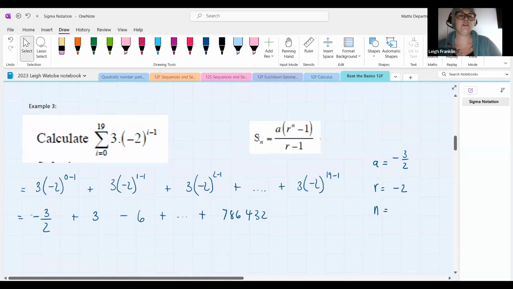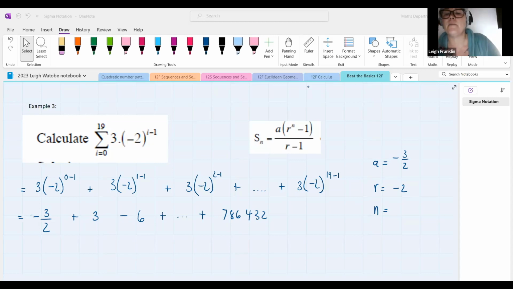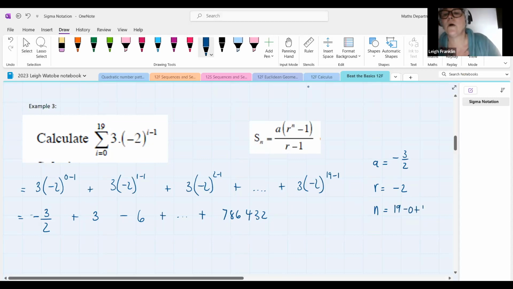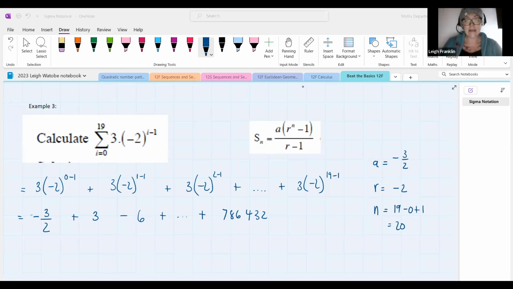Are there 19 terms in this pattern? I hope you're all saying no. Good, Mamelo. No, there's 20. Well done. So the number at the top minus the number at the bottom plus 1. Lovely. Well done. So now we have established what A is, what R is, and the number of terms